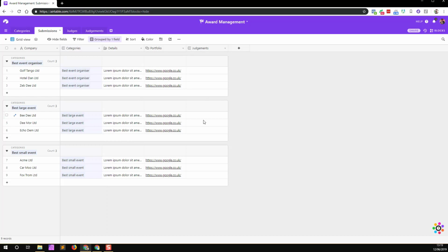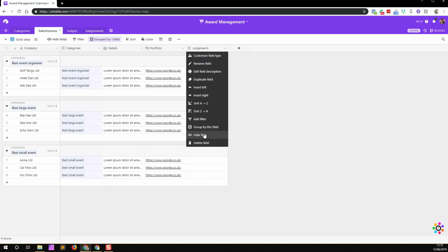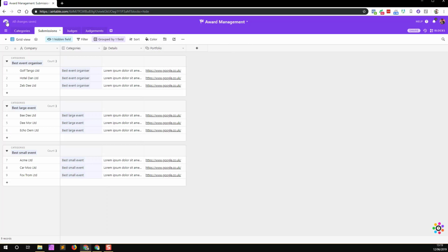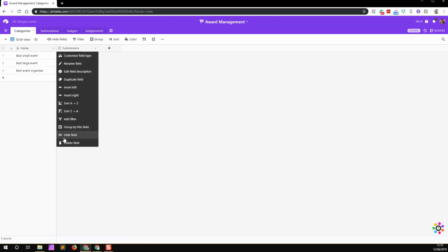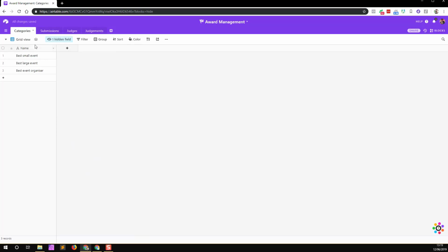Now you can see here that judgments is left blank. We don't need to see that necessarily because we're going to see that in the judgment section, so we can actually right click and hide this field. If we switch back to categories, we can see that we have our categories down here, and if we right click on submissions, which is the linked data, we can also hide that field as well